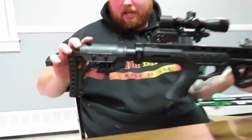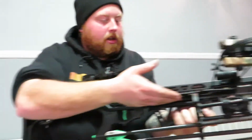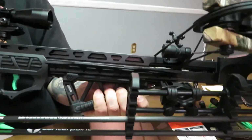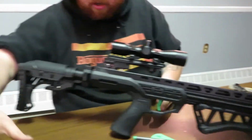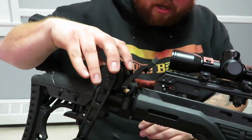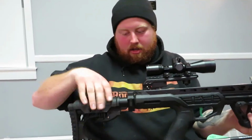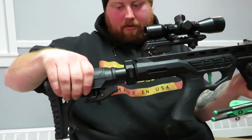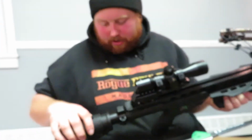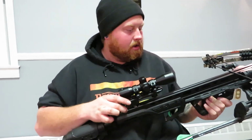I like that it has the adjustable stock. And then I like that it has a handguard. My old one didn't have that. Something I don't like about it, I kind of wish the crank could stay on the bow instead of being on and off. It is a little noisy with the crank, and you can hear it kind of rattles. So I don't know if it's just loose or what, but there's that. And then earlier when we put it on safe, that was a little noisy as well. So noise might be a factor,